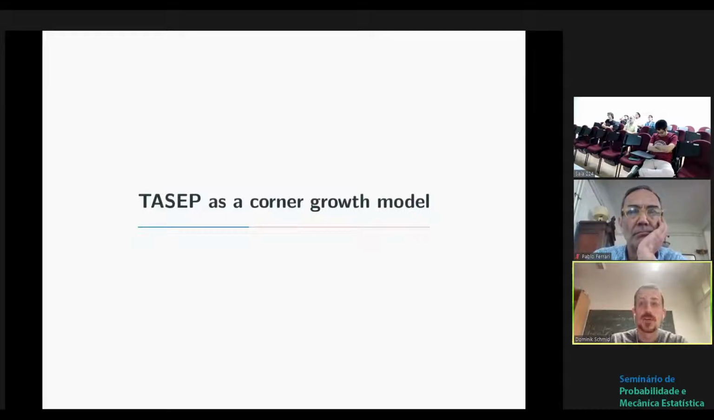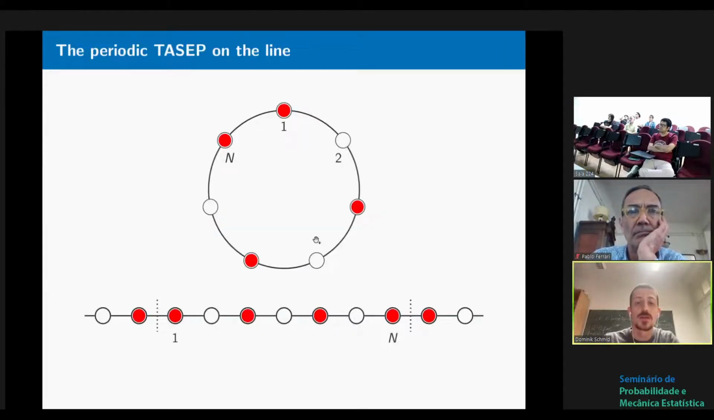So how do we actually prove that the mixing time is of order n squared k to the minus a half for the TASEP on the circle? The key idea which we use is its interpretation as a corner growth model. What do I mean by this? In order to introduce it, let me think of the TASEP on the circle as a periodic model on the line. So instead of taking just a circle of length n, let me think of the integers